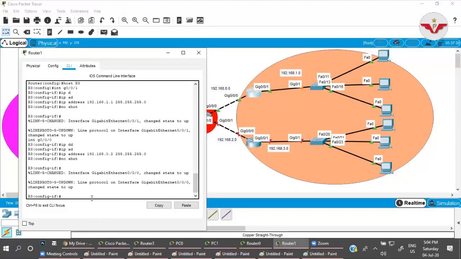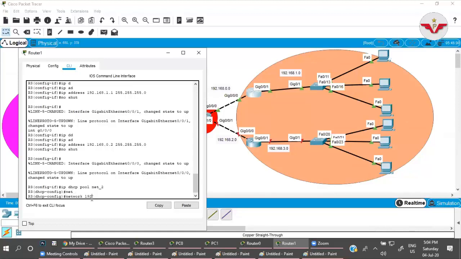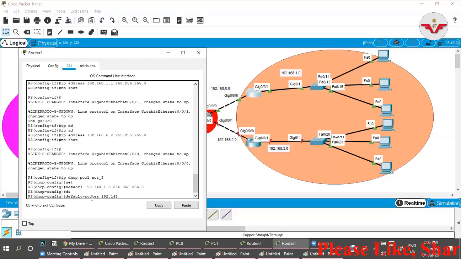Okay. Now here we have to run DHCP so that we can provide the IP address. So let me create the DHCP pool, ip dhcp pool, network 192.168.1.0. Default router would be 192.168.1.1.